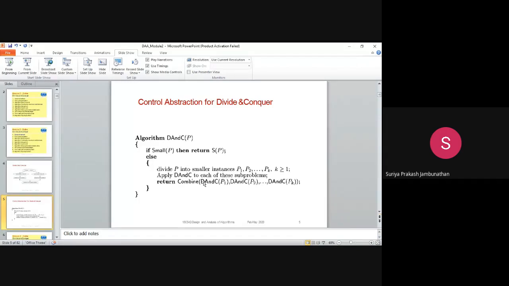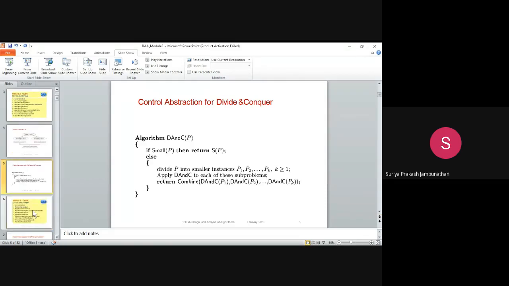We join the values, and while joining, we sort them, finding which is greater and which is smaller, making an incremental order. After the final combination, we get the final result of all the lists and send the final list to the place where we call this method. So this is the algorithm for divide and conquer.